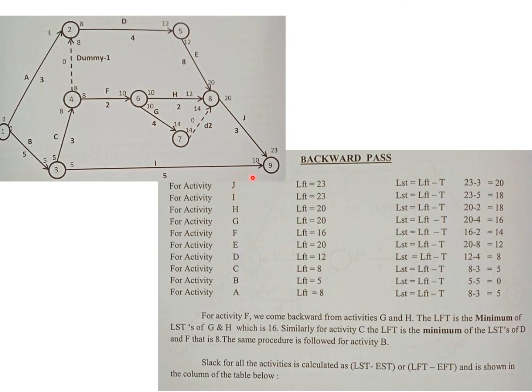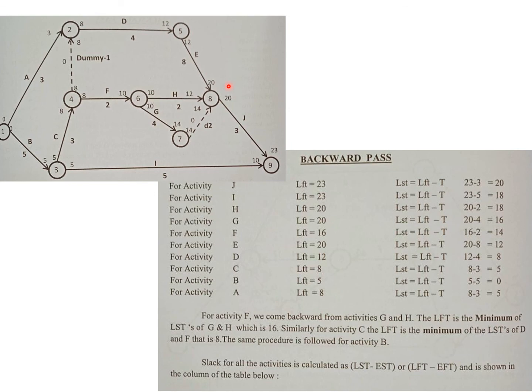Similarly, for its preceding activity, you look at the latest finishing time. Activity I is not a preceding activity to J, so let us look at a preceding activity, perhaps H over here. The latest finishing time for H is 20 weeks, because for J to start, you have 20 weeks as the latest start time for J. So the latest start time for J is the latest finishing time for H. Now, activity H is actually finishing within 12 units of time, which is 12 days, 12 weeks, or whatever it is.